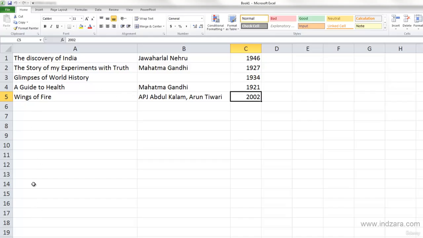For example, I am in cell A14 and I want to move to the last used cell in our worksheet. I can use Control and End, which will take me quickly to C5, and now C5 is my active cell. And let's also learn how we can go to the first used cell in a worksheet. So let's say I'm here in cell